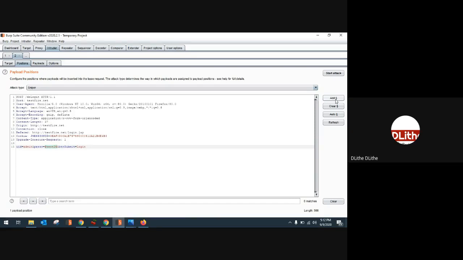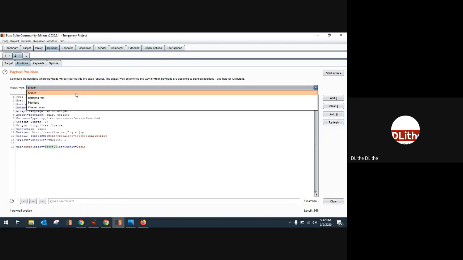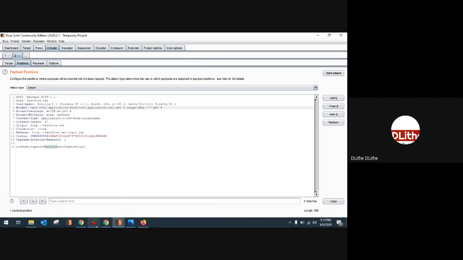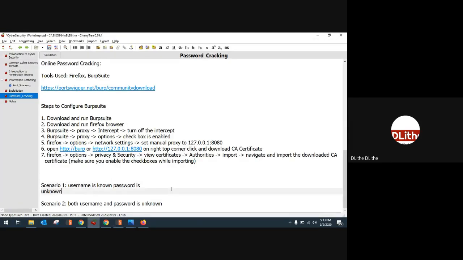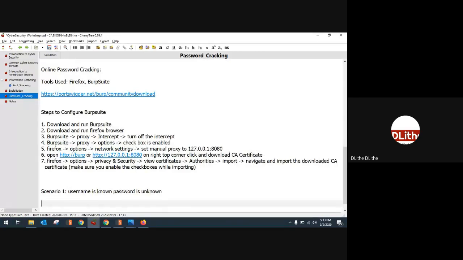Now, if you're using the first scenario where you know the username but do not know the password, make sure you select the attack type as sniper. If you're using the second scenario, where we know neither the username nor the password, then you can use cluster bomb. Always remember, for scenario 1, use attack type sniper.